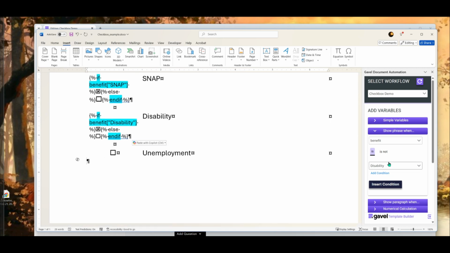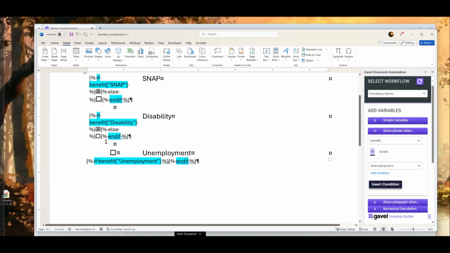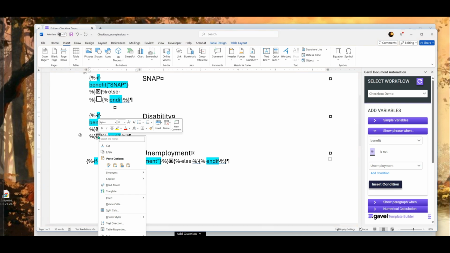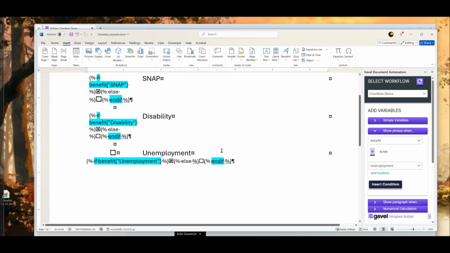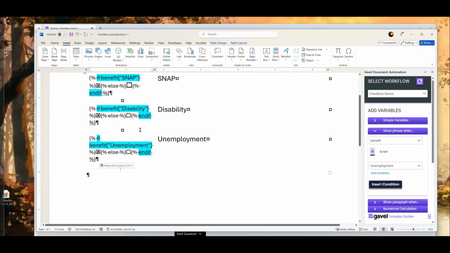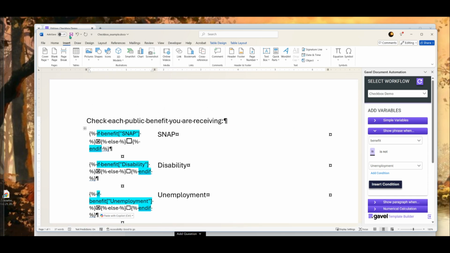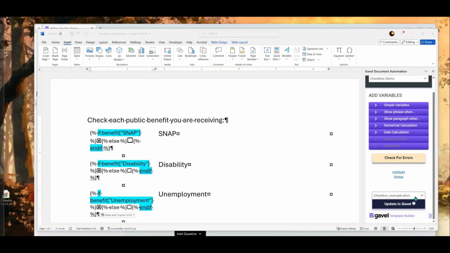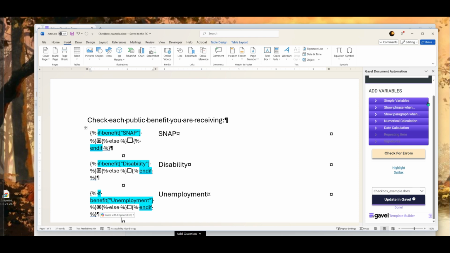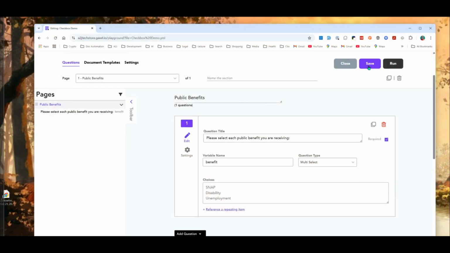And then we'll do the same thing for unemployment. Just copy this one, paste it in here. Copy this one, paste it in there. Okay, I'm going to go ahead and save this template. So I've saved my changes in the document, and now I am going to update it in Gavel, and that is complete. So I can close this, and we'll go ahead and run this,